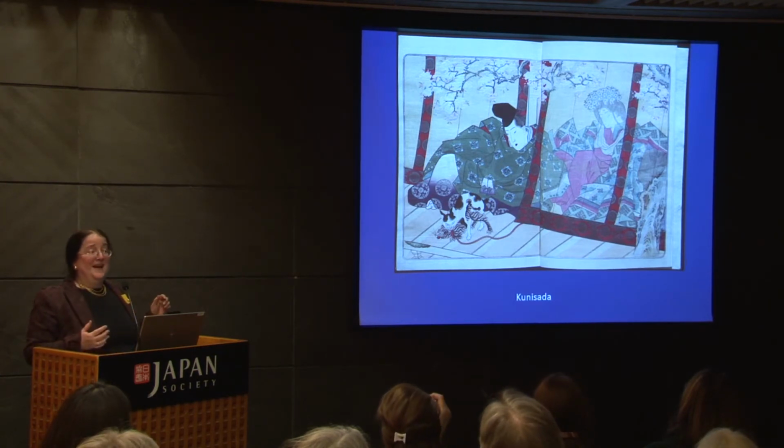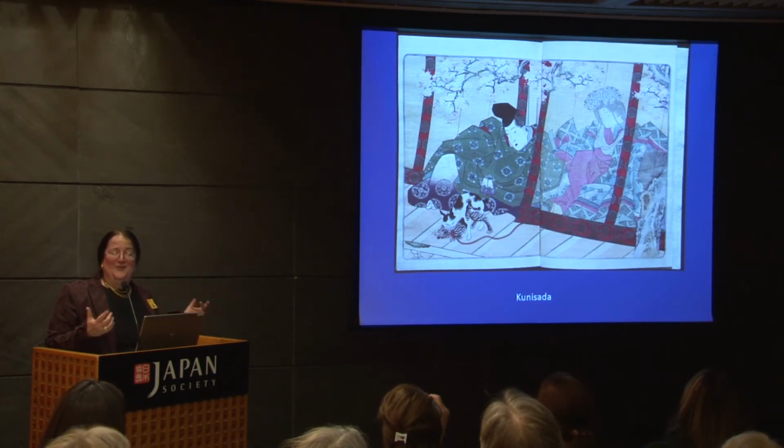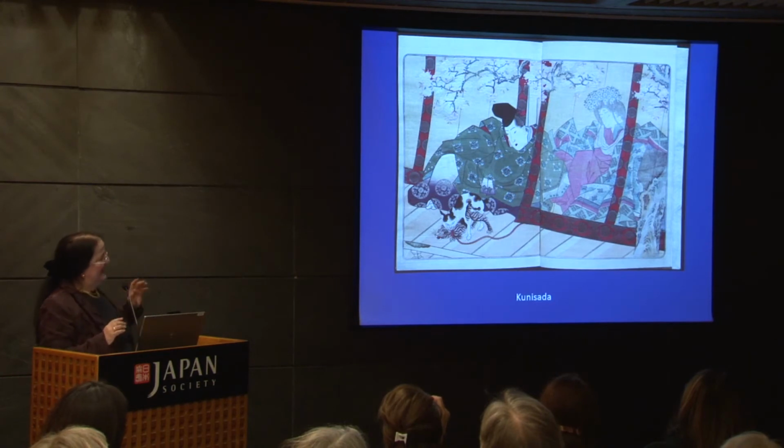What I like about it is it provides a plausible reason for why the princess's cat was being chased by another cat. But it's a kind of joke. Now, speaking of jokes,